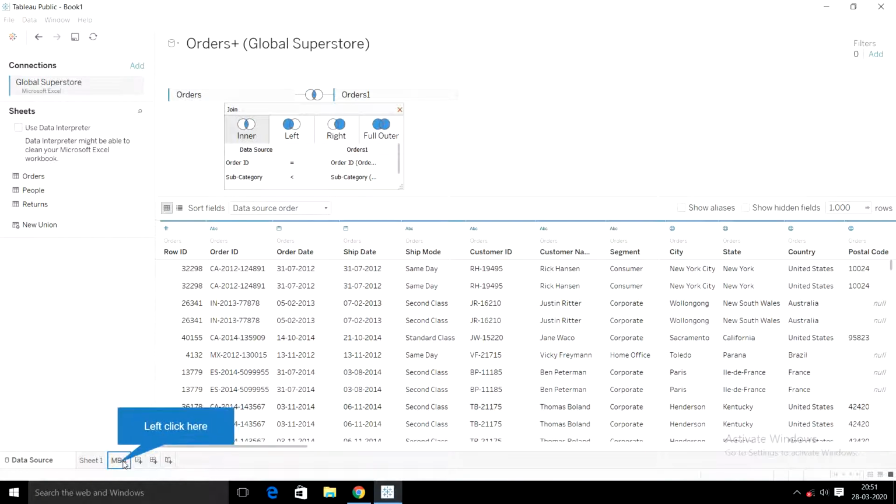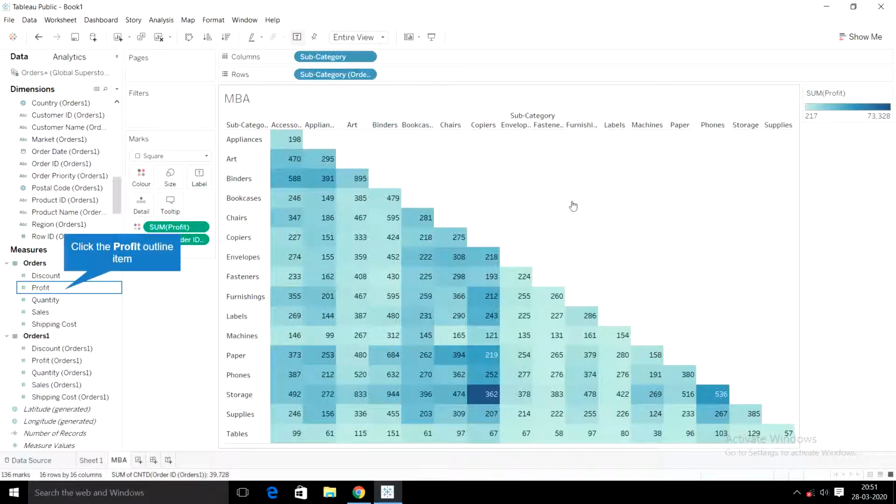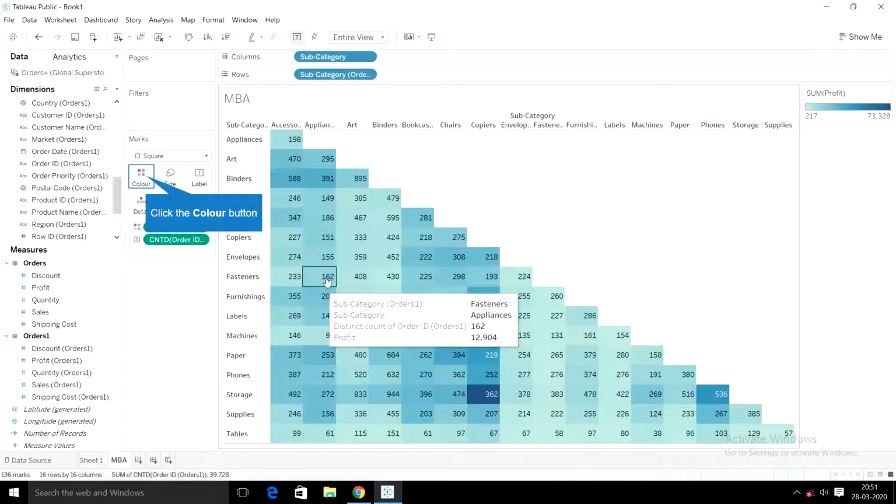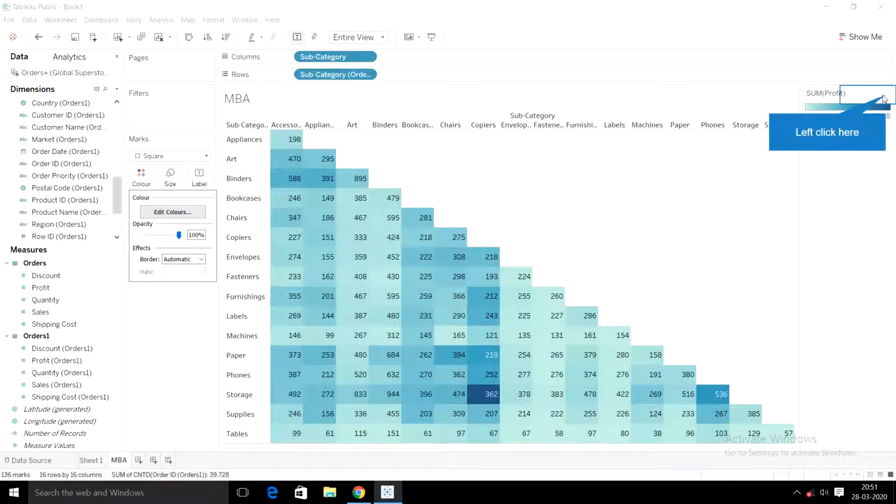Right. Now I'm coming back to market basket analysis. So one of the areas has been removed. The remaining area available here will tell you about the products which are being purchased together. We will give a color to this. We will change this blue color into some other color.